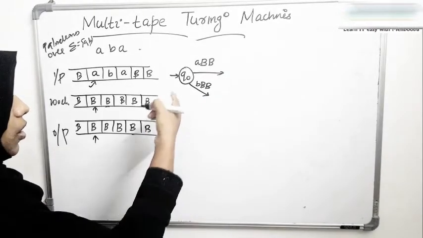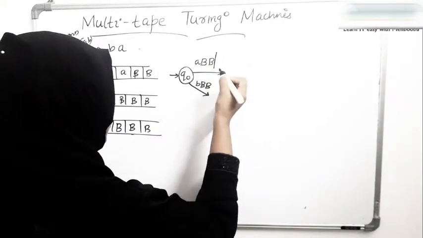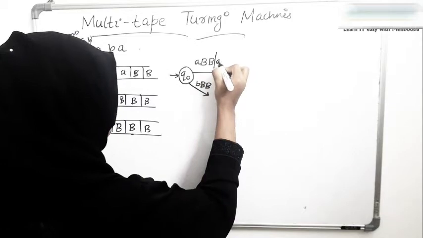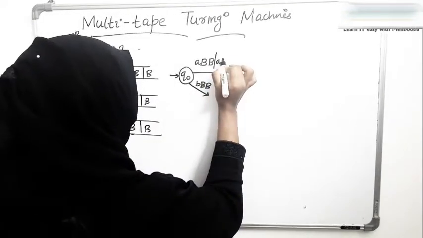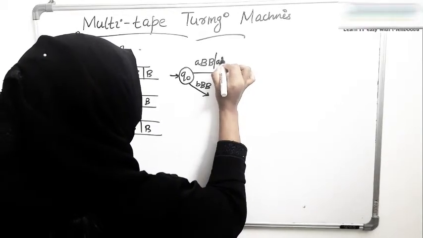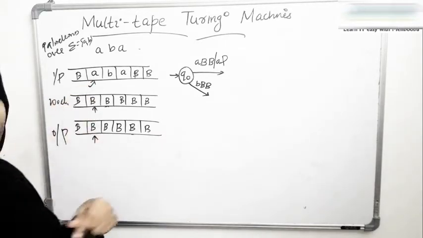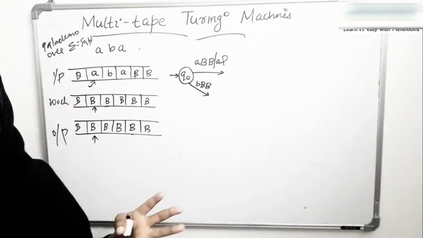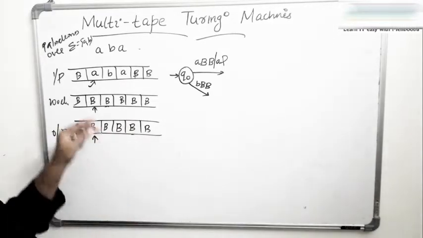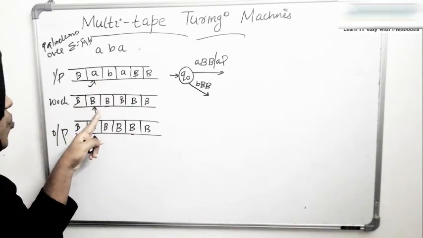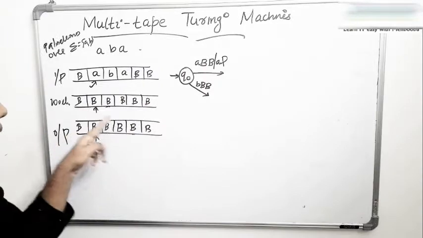If it is like this, what we do is, we are keeping the A unchanged. In the second tape, we are rewriting this B by some symbol, say P, so that we can know that the first character has been processed, because the input tape is a read-only tape. We don't make any changes to the input tape. So to indicate that the first character has been processed, we make a change in the working tape. We are converting this B into a P.